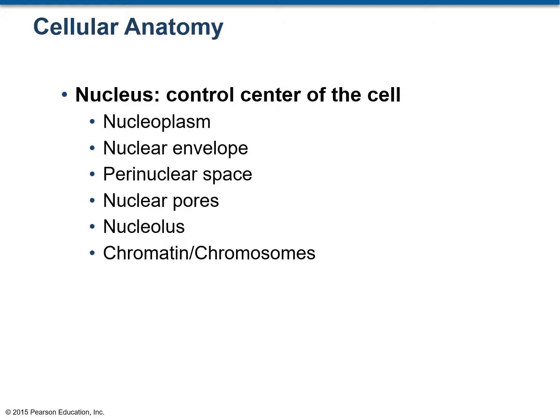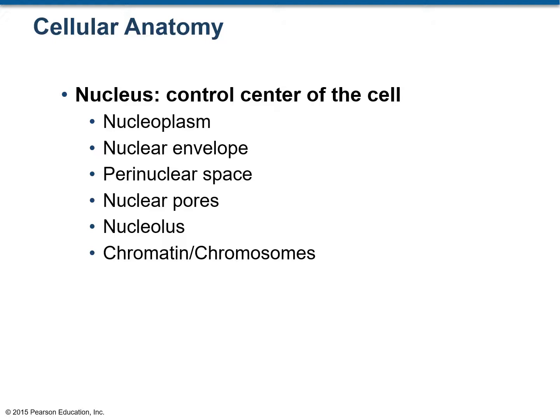The nucleus is a membranous organelle. It is considered to be the metabolic center or the control center of the cell. The nucleus is surrounded by a double-layered nuclear envelope. All the material that is inside the nuclear envelope is considered the nucleoplasm. The nuclear envelope is interrupted by pores or holes which are known as the nuclear pores. So things can move out of the nucleus and into the nucleus through these pores. Because the nuclear envelope has two layers, there is a space between these two layers, and that space is known as the perinuclear space.